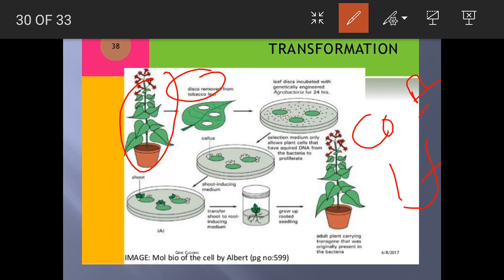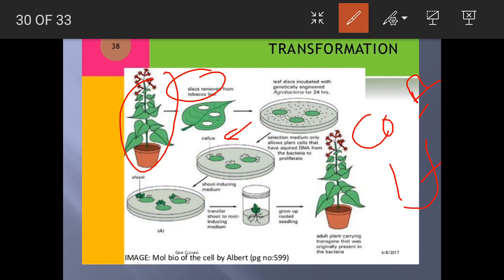After that, you need to take out the discs of the leaves from the bottle or the tube, and thoroughly wash them to remove all the Agrobacterium, or use some antibiotics to kill the Agrobacterium, in order to avoid the growth of the Agrobacterium in the further tissue culture medium. Then place the infected leaves, allow them to grow on the tissue culture medium.